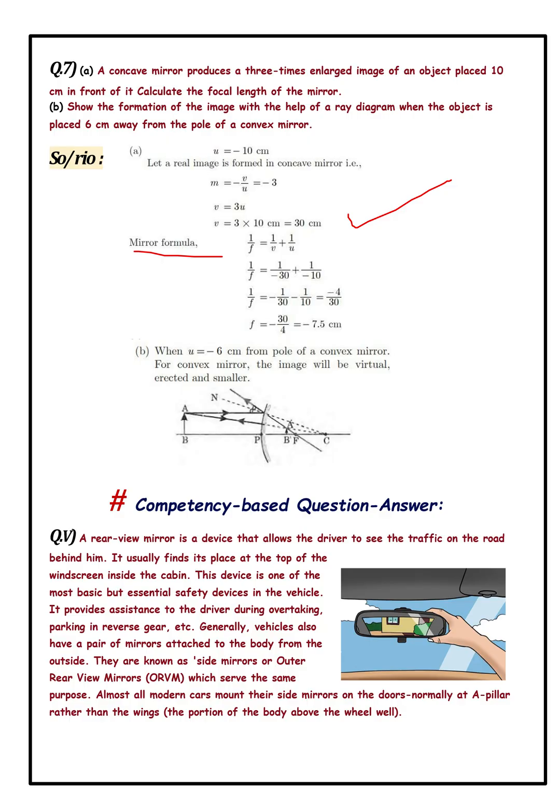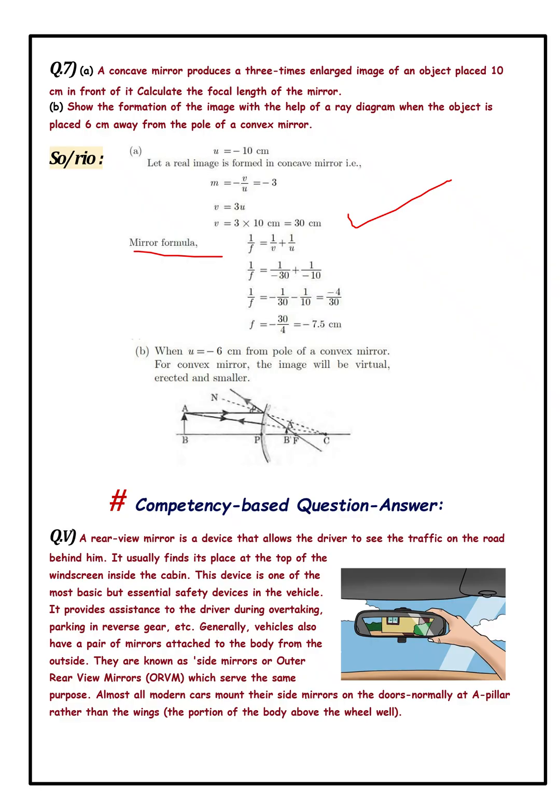Second part is about you have to draw the ray diagram, which is object is placed 6 centimeter away from the pole of a convex mirror. So when u is equal to minus 6 centimeter from the pole of a convex mirror, the image will be virtual, erect and smaller. Going further, that is your competency based question that will also help you to understand in detail the concept of reflection of light. Now this is the question given, which is rear view mirror is a device that allows the